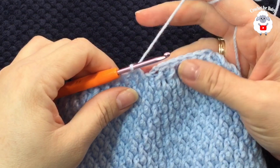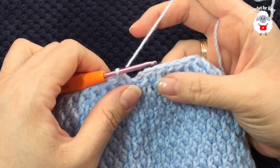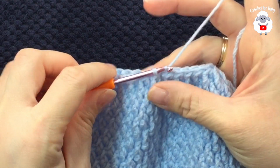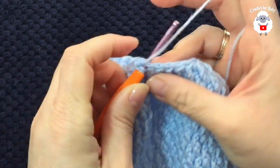Okay, I'm here at the end of this second row. I have a total of 34 stitches, which is the same number of stitches I had in the first row of reduction. So now here to finish, go to the top of the first stitch, grab a loop, and join with a slip stitch. Now for the next row, chain 2, and into this first stitch here, grab a loop,